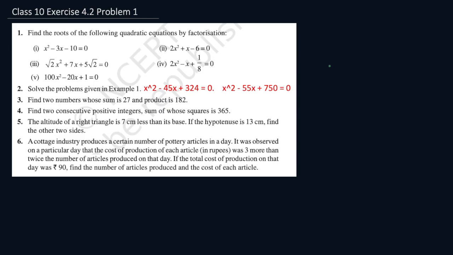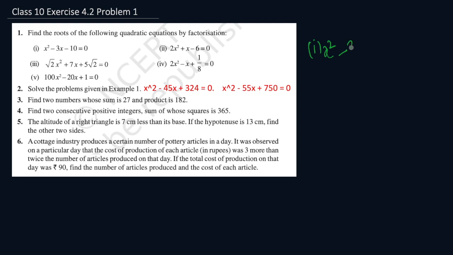Welcome to another lecture. In this lecture, we will solve exercise 4.2 problem 1 of class 10th. Our problem 1 has 5 sub problems. So, we will begin with our first question. The first question is